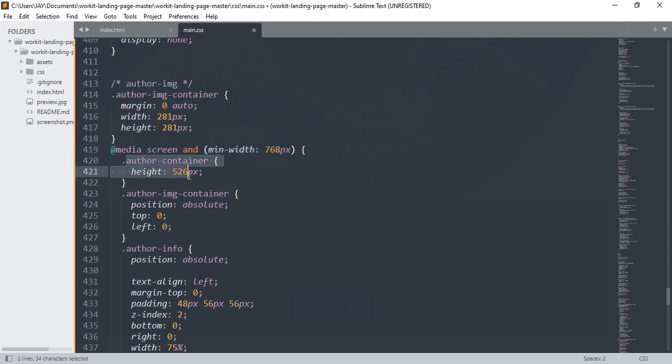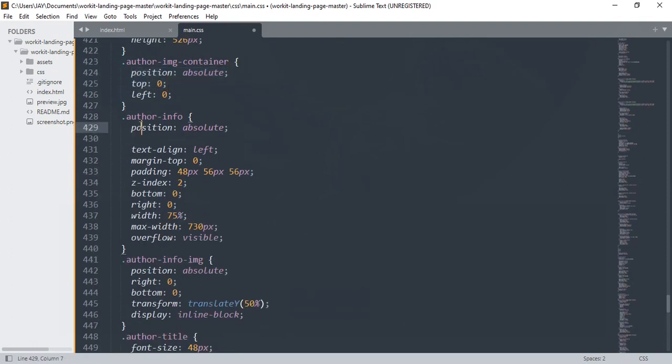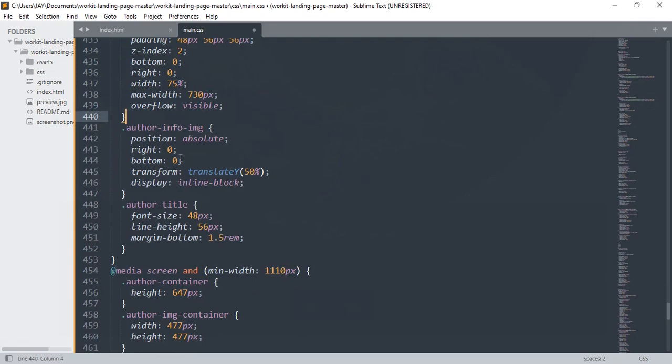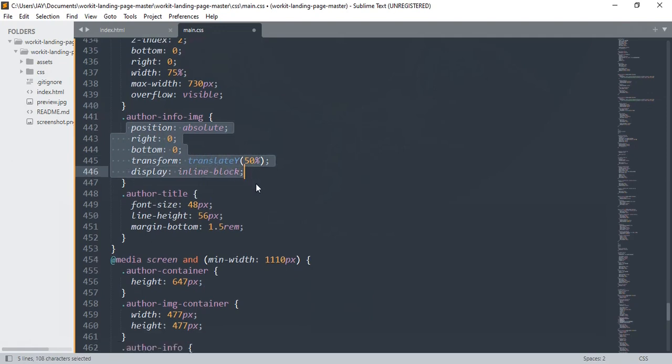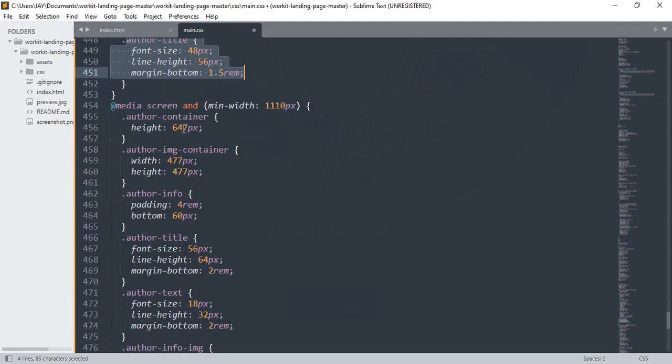height of the author container, and then the author image container class position is 0, let's set top 0 and left 0. Then let's now go on to the author info position absolute, and you set the bottom 0, right 0, width 75 pixels and overflow visible. If I also style the author info image, position absolute, right 0%, transform it along the y-axis minus 50%. Let's also style the font size of 48 pixels, 58, and then above all, I'm now going to style it